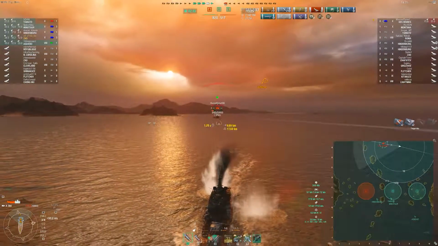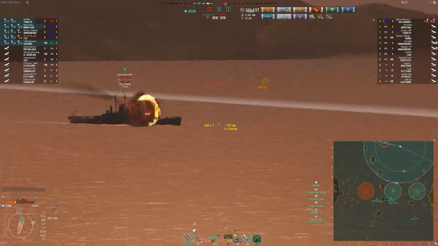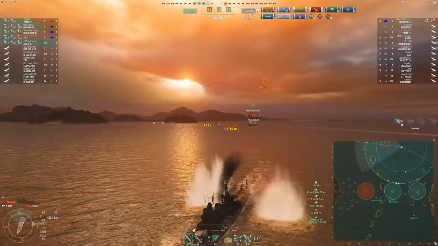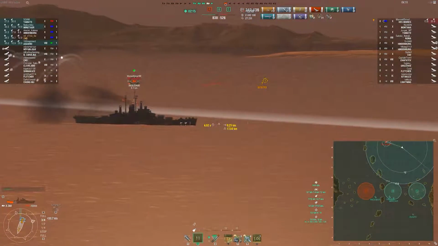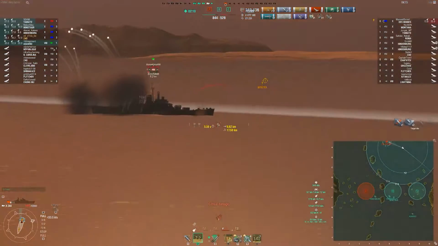And then right about here, or the next salvo maybe, I switched to AP, and I thought he was softening his angle to me, so I switched to AP, and I just don't get the damage that I was hoping for. Probably would have been better off. And here you can see I switched to AP. I probably would have been better off if...